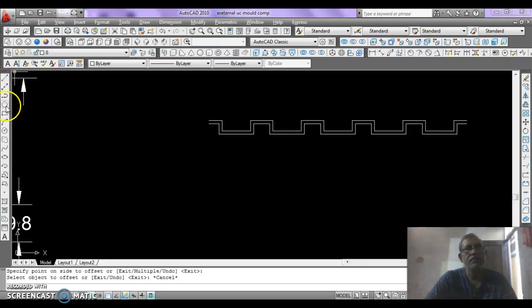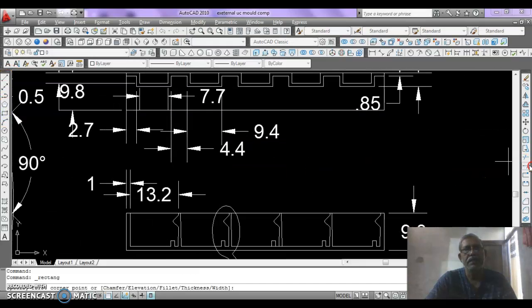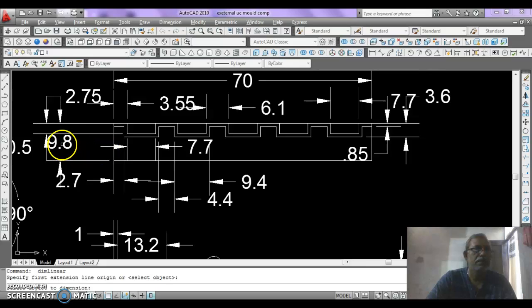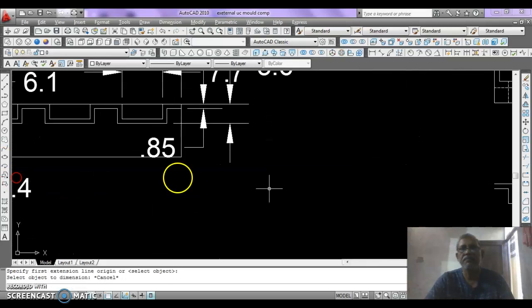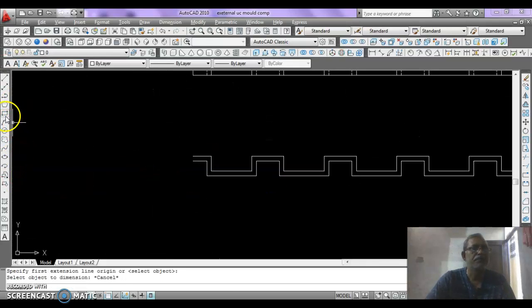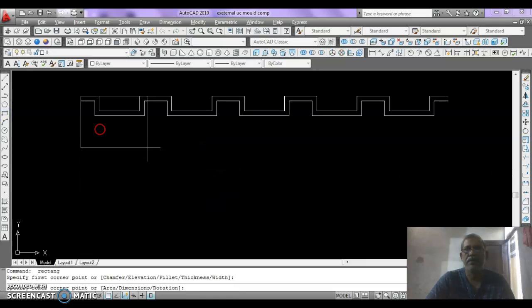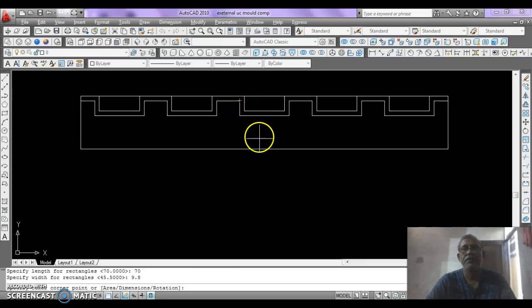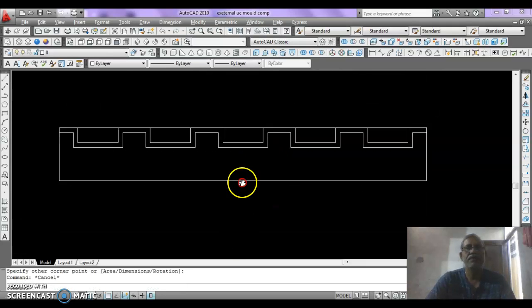Then draw a rectangle here. The rectangle should be 70 by, here we can check the rectangle size, that is 9.8, 70 by 9.8. We can draw a rectangle here, REC enter, 70 by 9.8, and now the front view of this